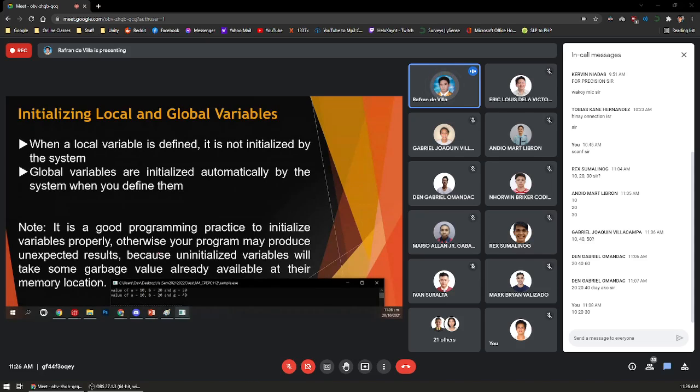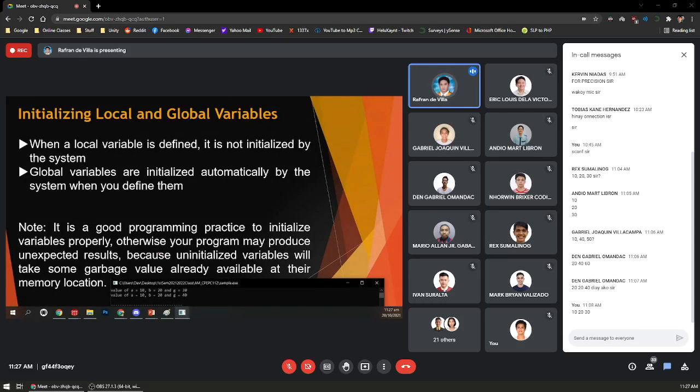Okay? So you can declare that variable as global. However, if you declare a global variable which is editable, just make sure you keep track of its